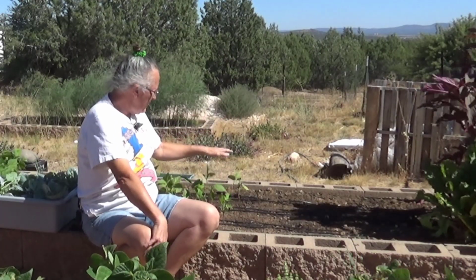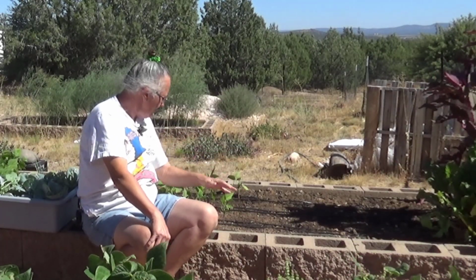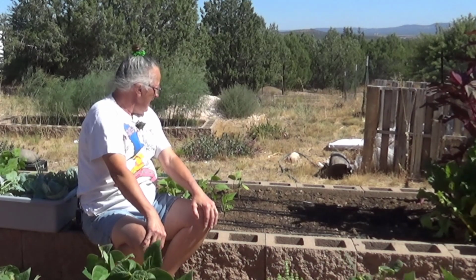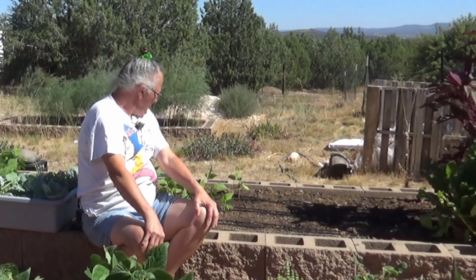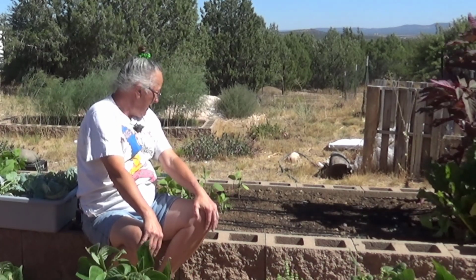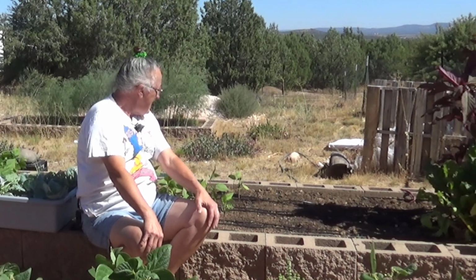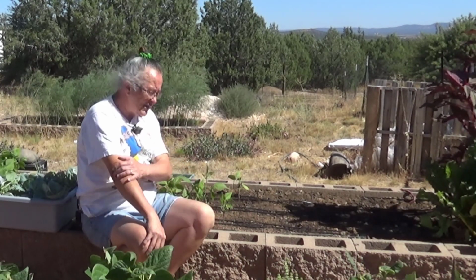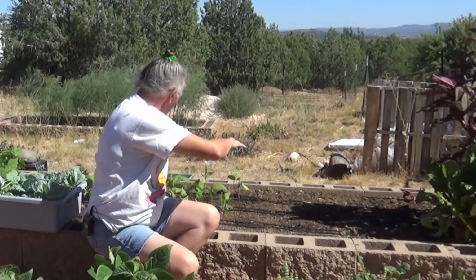Now this bed behind me had Provider bush beans in, and it has been devastated multiple times this year by rodents. I don't know everything that was here, but I suspect rats, mice, and squirrels. We did trap out a bunch of rats, mice, and squirrels. So they came back, however, and even though I replanted, I've still got a big chunk of property here that's